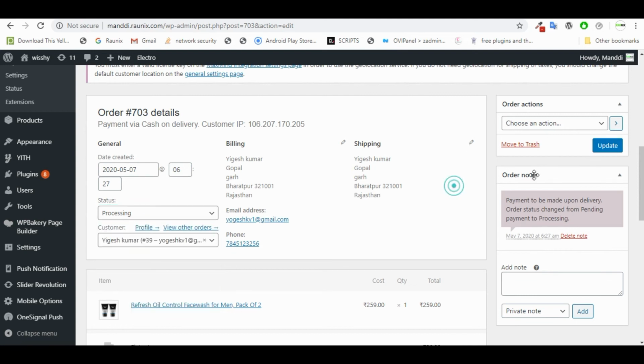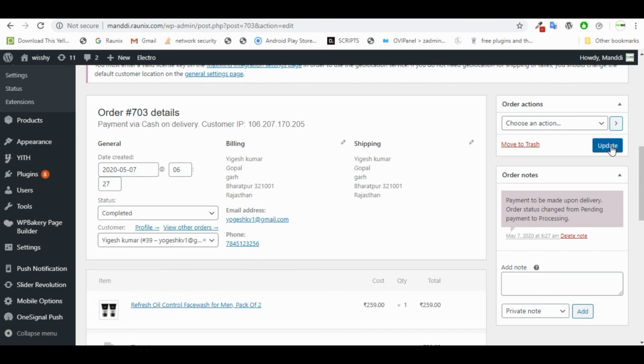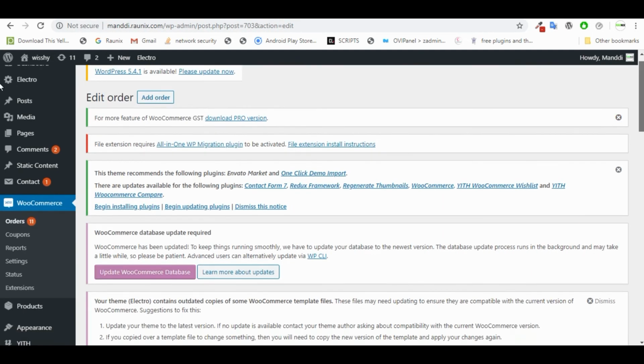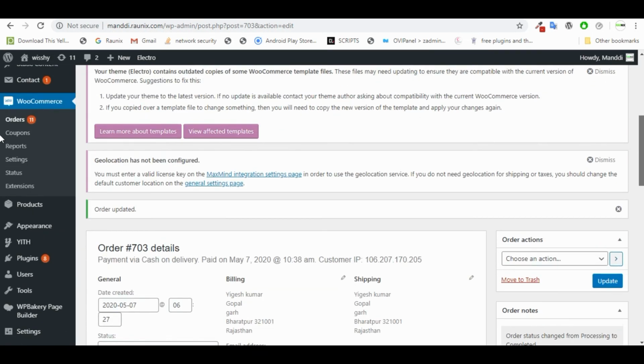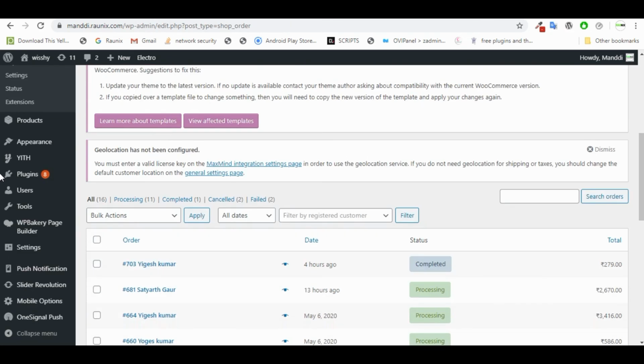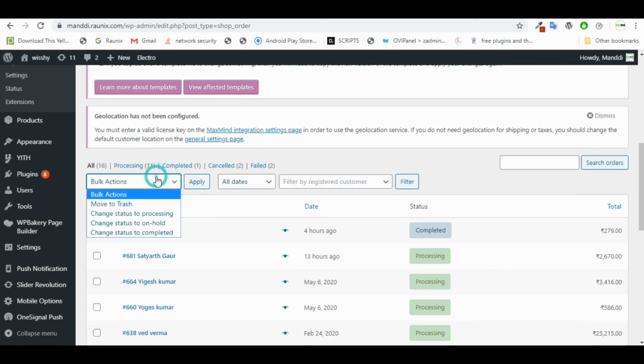They can also see the order status on the website by logging in to their account, and also in the app. After that, as you can see on the screen, you can check past orders, and you can filter orders by date, month or particular customer name. So this is the basic way to check the order details. You don't need to send any bill manually because your client will get the bill automatically on their registered email ID.